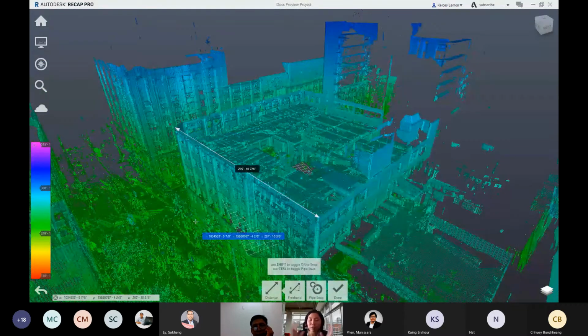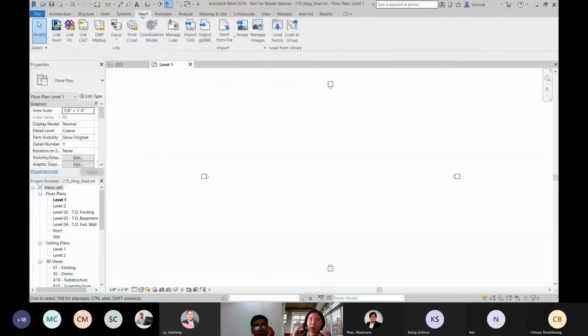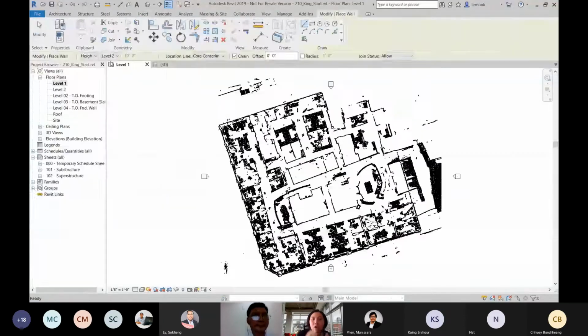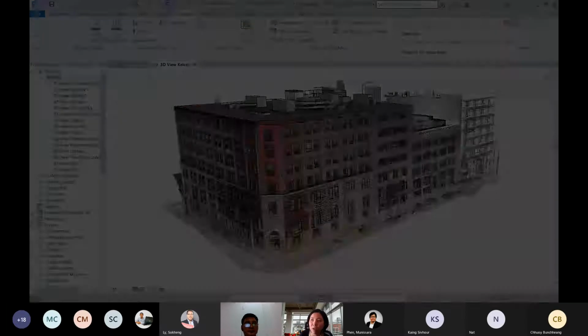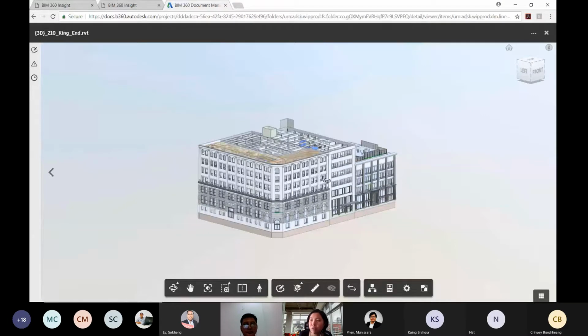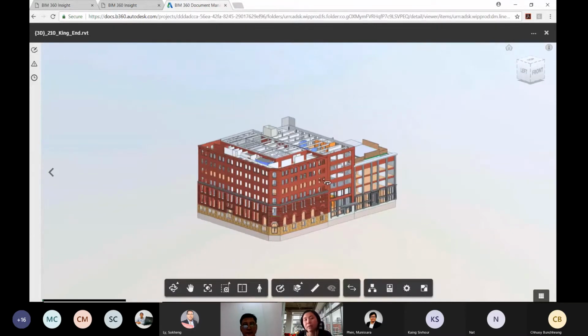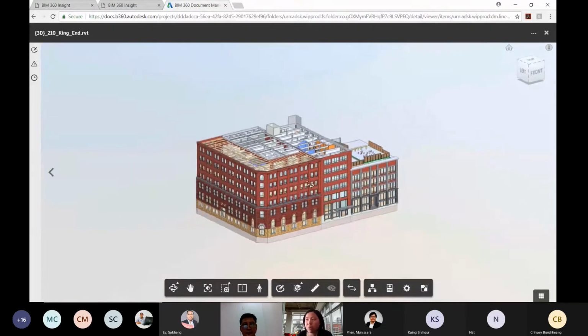So you actually bring point clouds into Recap, and Recap will be able to reconstruct the point clouds, put them back together, and you can do whatever modification or editing that you need to the point clouds in Recap. And from there, you bring the model into Revit, and this is where you can rebuild the model again. And after rebuilding the Revit model, obviously you can bring it into BIM 360. This is the platform that you're looking at, but this is actually the model that we have just rebuilt from